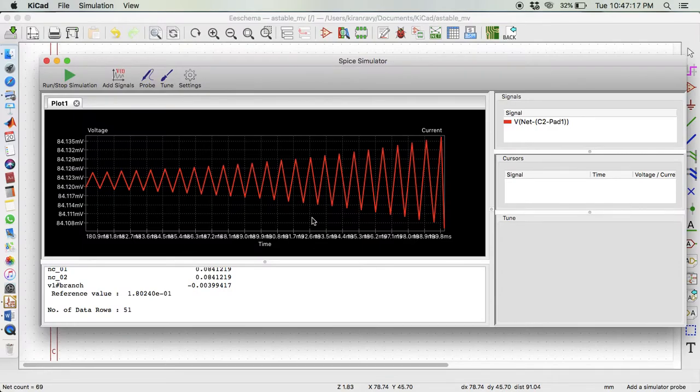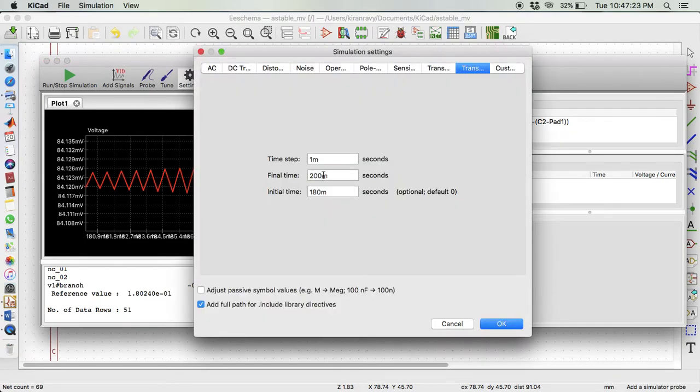Okay, so it builds the waveform. So this time is not enough, again go to the settings. So 1 millisecond, this may not be okay. Let's give 100 microsecond itself, and let's